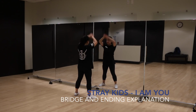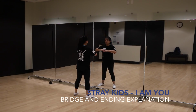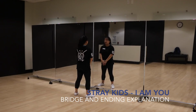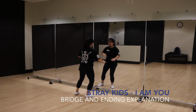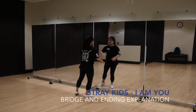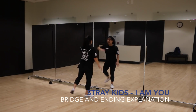So 5 and 6, 7 and 8 and. It's going to be 7 and 8 and you want to basically from here fake touching your leg, don't actually hit it. So the left leg is going to come back while your right is back here, and the left arm is going to come up with your elbow up on your left side, palm facing down. So let's hit